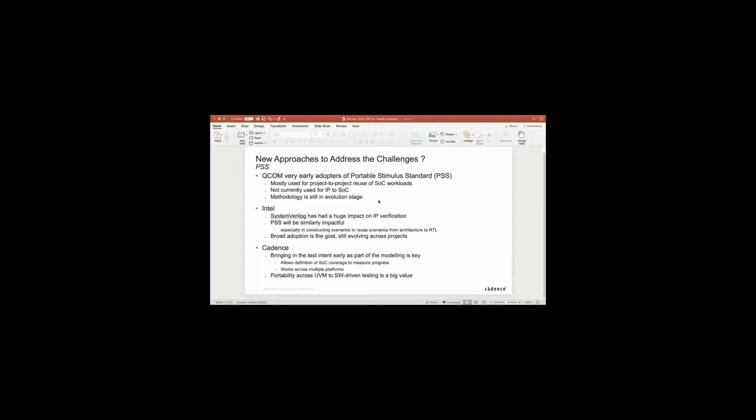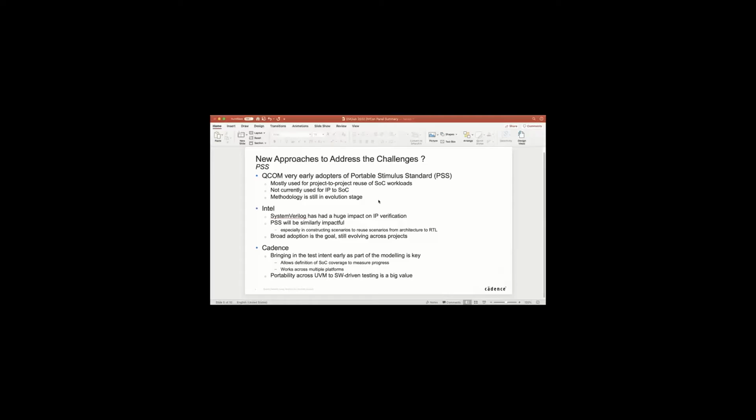They have a goal to have broad adoption of PSS, but it's still emerging across projects. From Cadence's point of view, one of the key things is bringing test intent early as part of the modeling, being able to abstract the test intent from the execution engine.